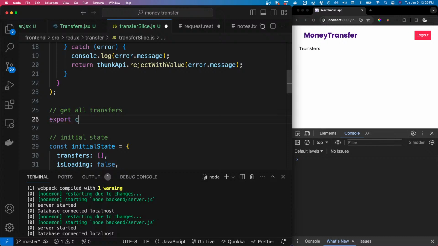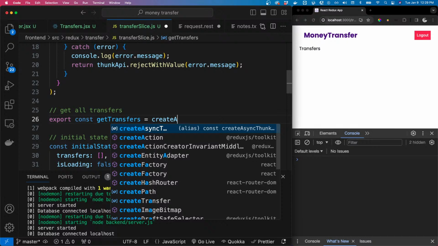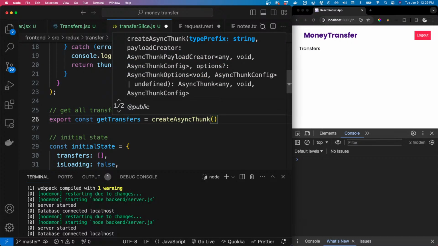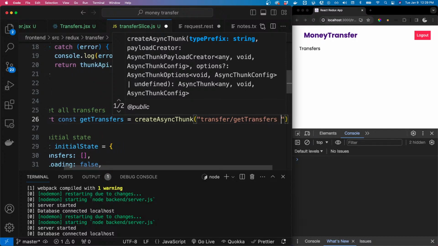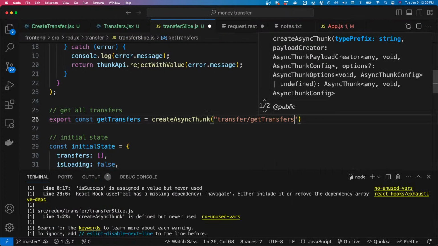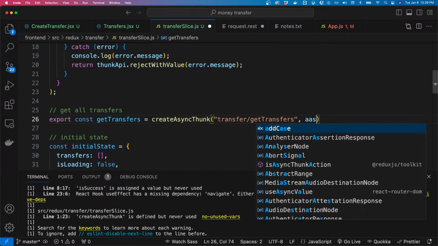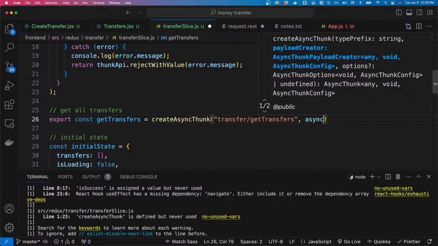So export const getTransfers, createAsyncThunk, and then it will be transfer/getTransfers. Then we pass our async,